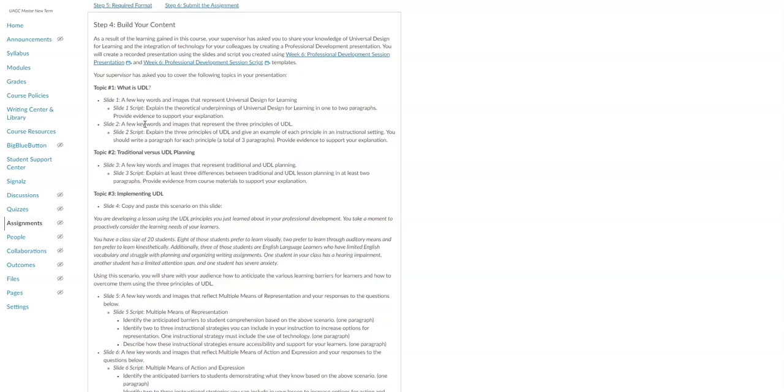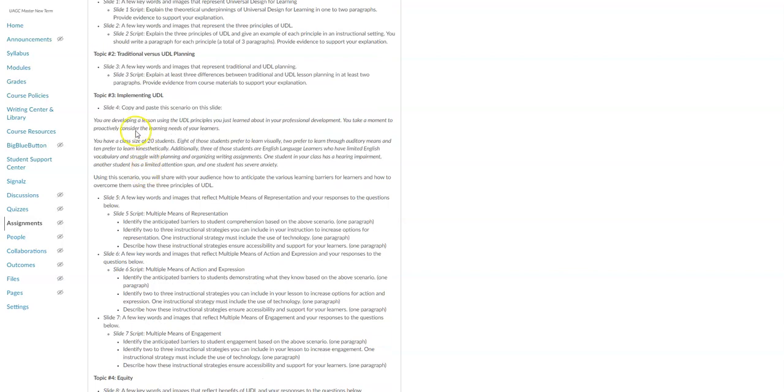So this means that each principle explanation should be at least a paragraph long. For topic 2, you will discuss the difference between traditional lesson planning versus lesson planning using the UDL approach. You will explain at least 3 differences between traditional and UDL lesson planning using evidence to support your explanation.